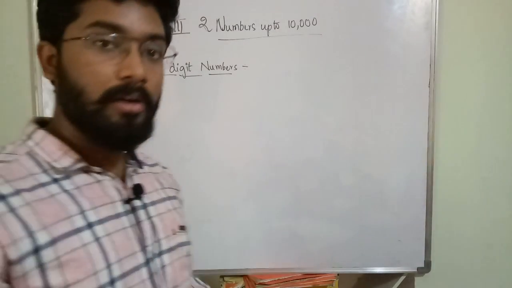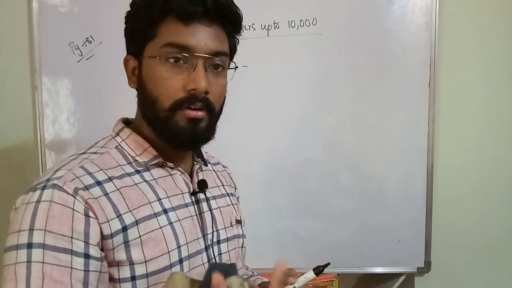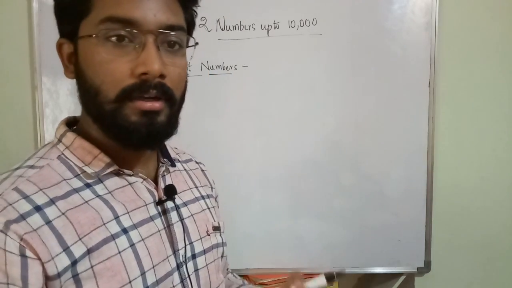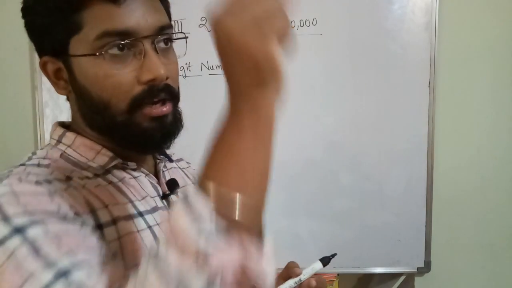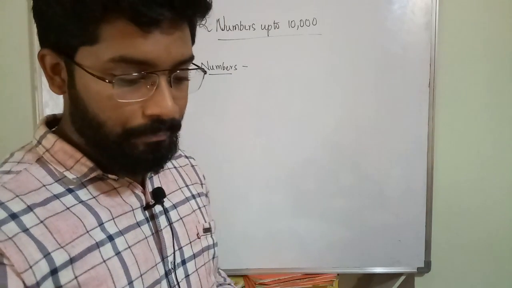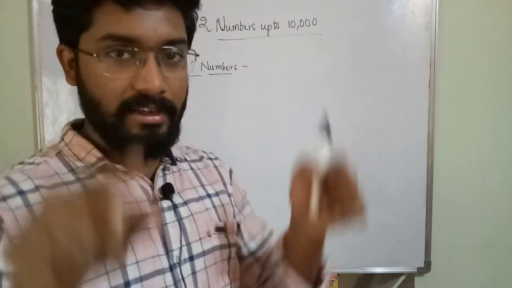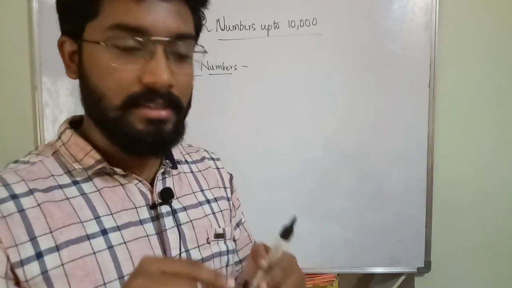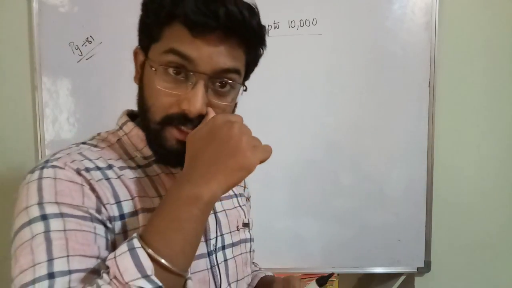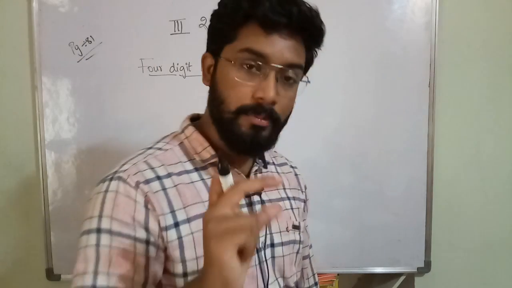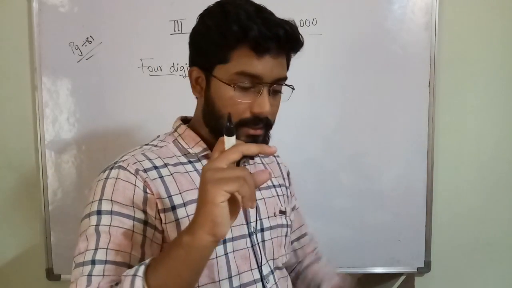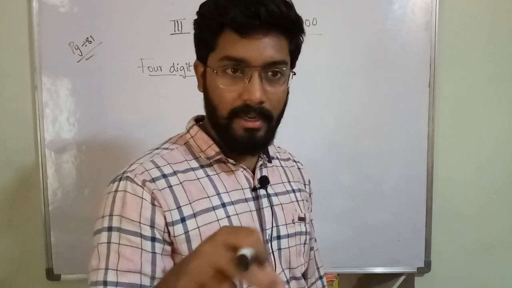What will the tens box look like, okay? What will the hundreds box look like? What will the thousands box look like? The tens box will be taller, like a taller building. The hundreds box is like a square, a square-like structure, and the thousands box is like a cube, okay, like that you have to understand. Actually this hundreds box looks like a square, but it is also a three-dimensional figure, okay.